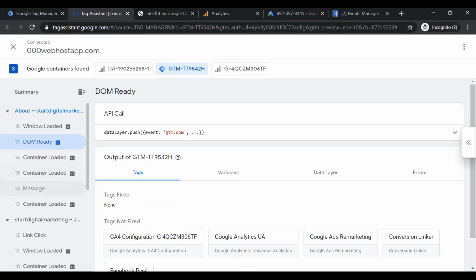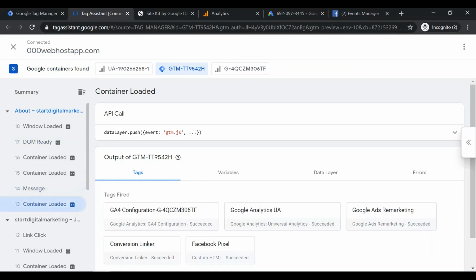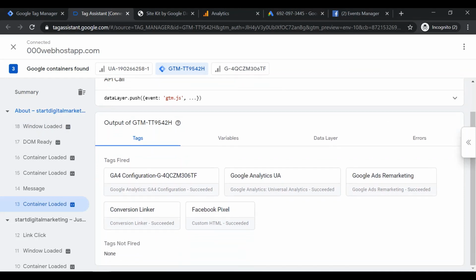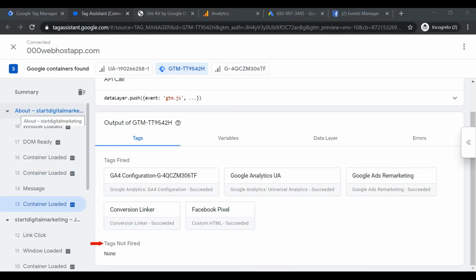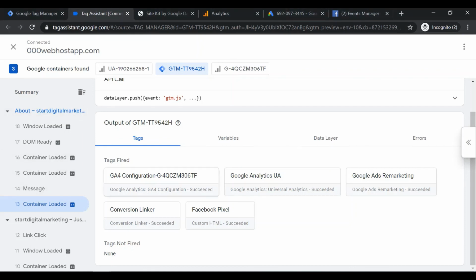This includes built-in triggers like when the Google Tag Manager container loads on the page, as well as any other triggers you have configured. For example, if we select container loaded, we can see the tags that fired on the page and tags that were not fired. We can select a tag to see more details.